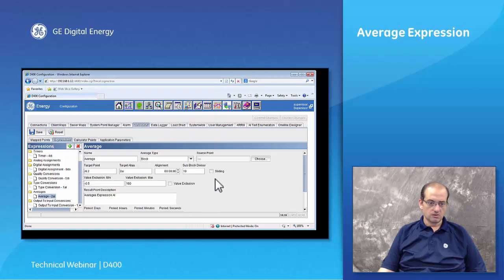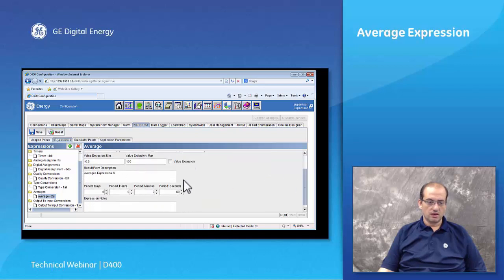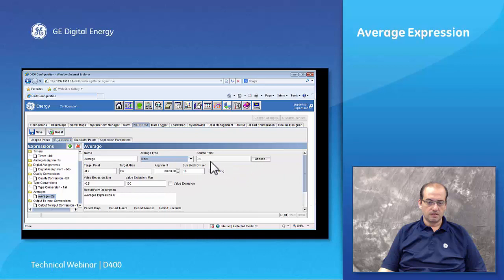Okay, so this is a sliding window option, and you can put exclusions if needed. So I've set up my analog input that is coming back from the UR relay to be averaged into AI2, or analog input number 2, that's owned by my calculator. So we're going to monitor the analog input that's coming back from the UR relay and the analog input that is in my calculator, just to see how